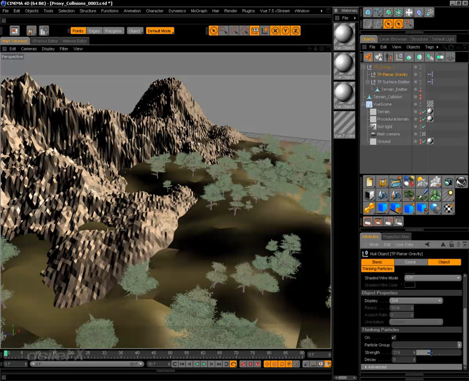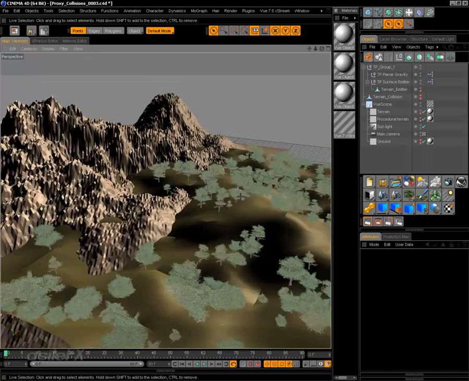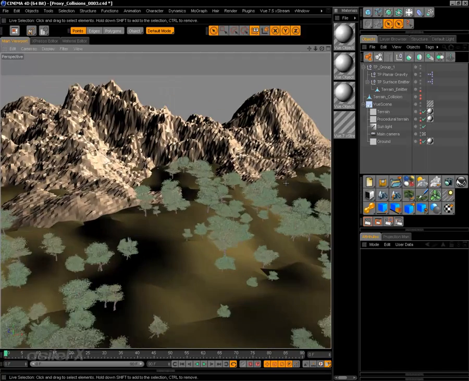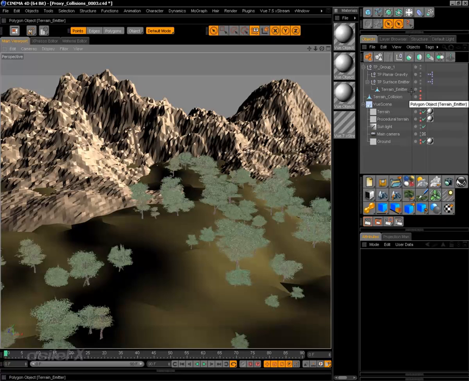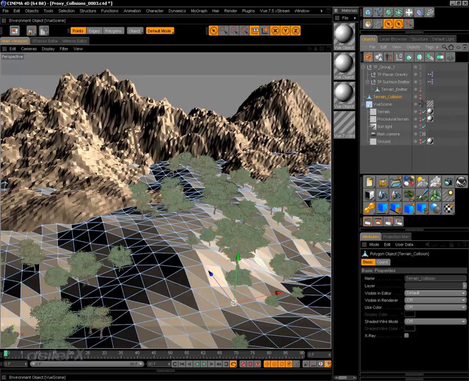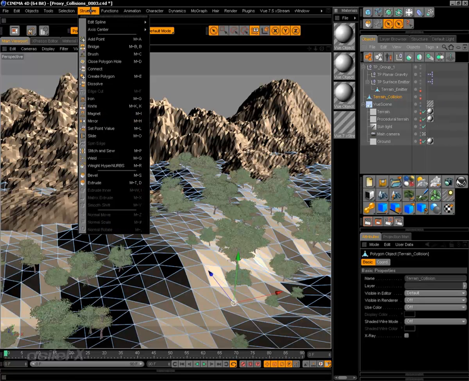And if I turn up the strength, we'll be able to see that a little bit better. We'll be making more modifications to this once we start to get some of the other objects set up. So I'm going to select the terrain collision, and we'll show that in the OpenGL now. I'm going to go select polygon mode, structure,